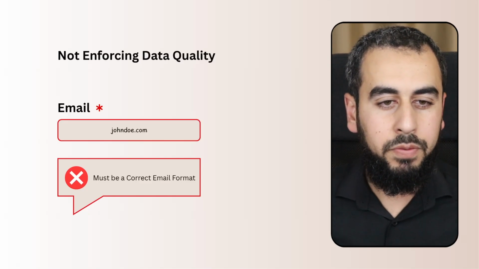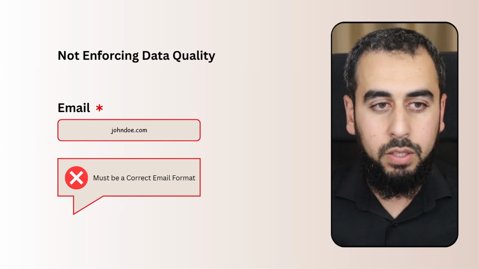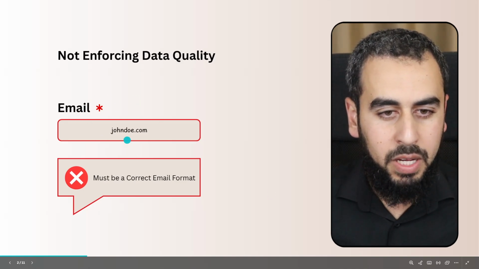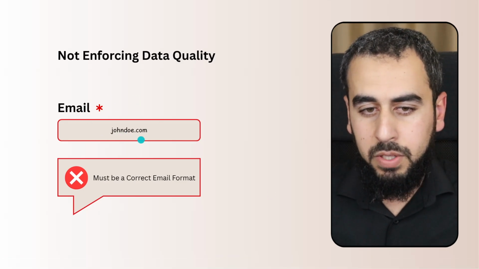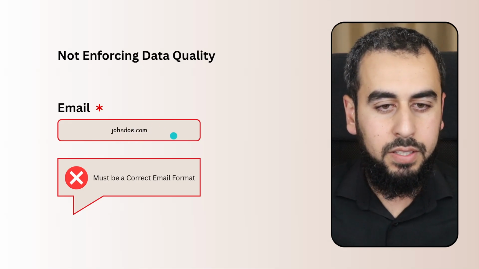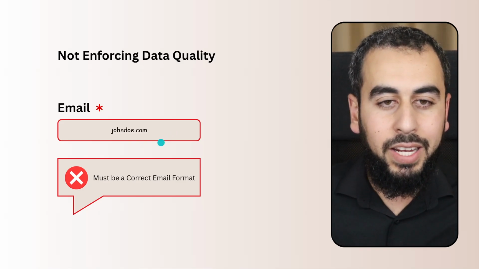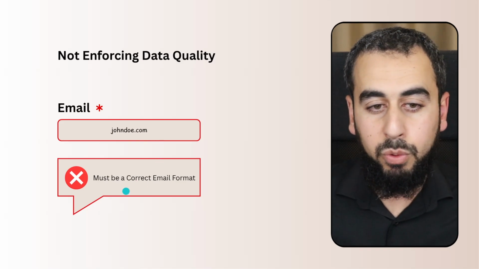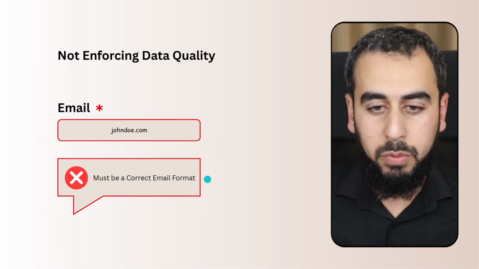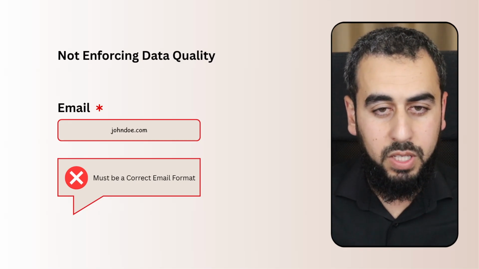Donor data is often a mess for many reasons, one of which is that we do not enforce data quality. This is an example. This is an email field, and if somebody enters an email in a column in an Excel sheet like this, it just accepts it. It's just fine. So we don't have a validation in place that enforces that this email must be in this format. I use the email example because it is clear, but there are many other ways to enforce data quality.